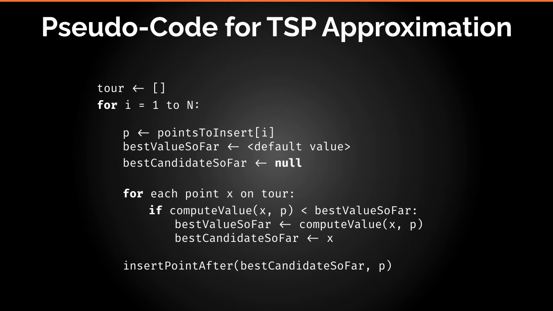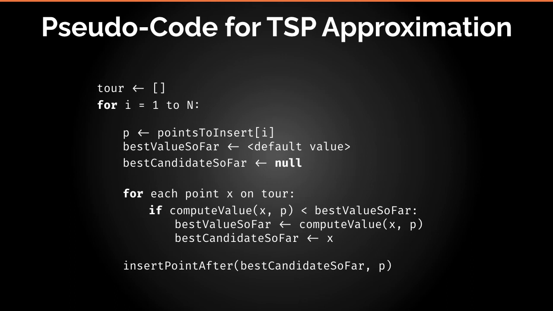So the way you do it is like this. Imagine you have to insert a point P on a tour that you've already calculated. You initialize two variables, best value so far and best candidate so far. Best value is going to be the increase or the distance, and best candidate so far is going to be the point. And then for each point that's already on the tour, you're going to compute the value, so the distance or the increase,